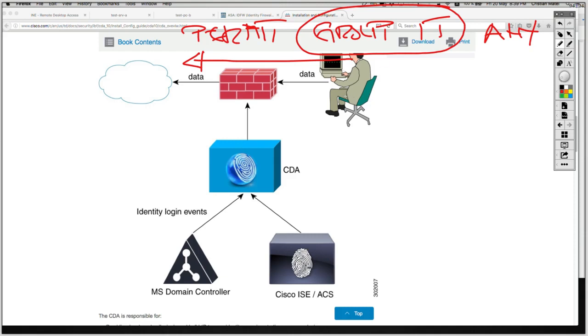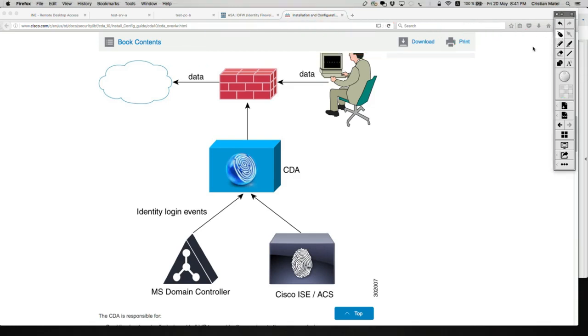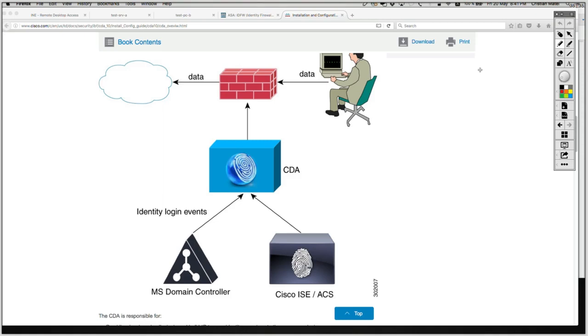If this is the use case, then the ASA needs to know who is in that group. What are the members of that group from Active Directory? So if you're configuring firewall policies based on groups, which in general is what we're going to do, there's one more additional step that happens, because the ASA needs to know to which group the user belongs. So with the configuration we've done so far, as Christian authenticates,